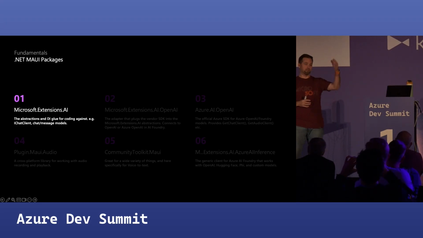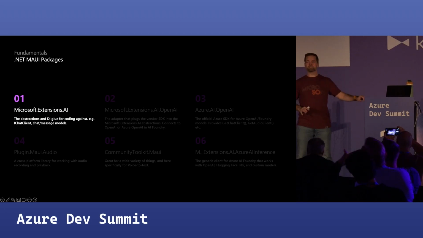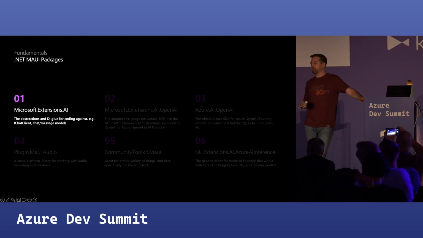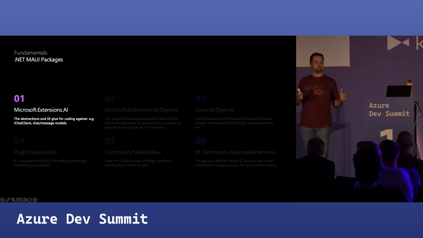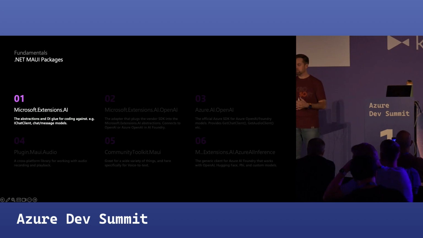And if you want to get to more platforms like Linux or to WASM, you have great options like Avalonia, which has a booth out here. You have options like the Uno platform. And there's probably other options. You can go with Unity if you're really adventurous. So even within those, these concepts still apply, but there are generally some packages that you're going to want to use. The primary package is Microsoft Extensions AI. So this is the abstraction that we have created on the .NET team that allows you to work with an IChatClient and other classes that are common and consistent across all the other implementations, and makes it easy.